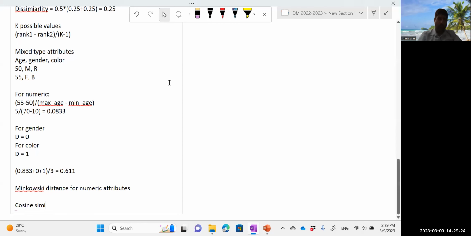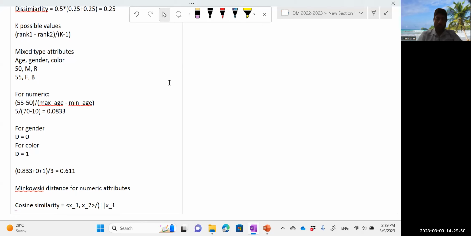It's a similarity, not a dissimilarity. The cosine similarity, let's say we have the two vectors x1 and x2, would be the inner product of the two vectors x1, x2. What is an inner product? One vector as a row multiplies with the other vector as a column, a scalar value comes out, then divided by the length of the two vectors,